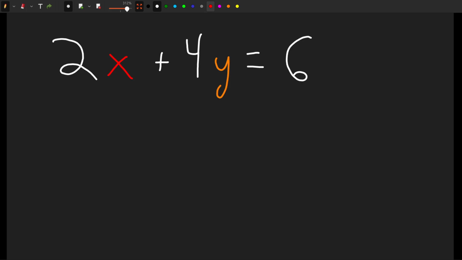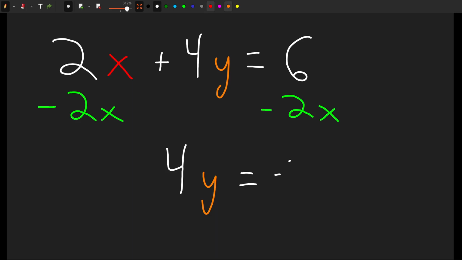So the example problem that I want to start with will be in standard form, which is 2x plus 4y is equal to 6. Okay, first thing I'm going to do is convert it to slope-intercept form, and then we're going to get some points. So I'm going to start by subtracting the 2x, and so I'm going to get 4y